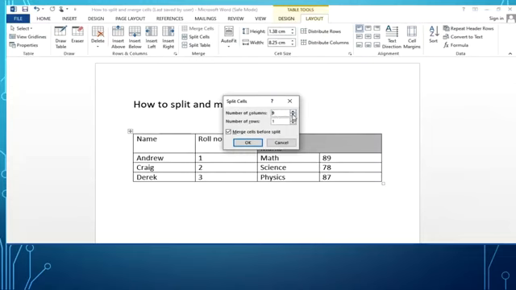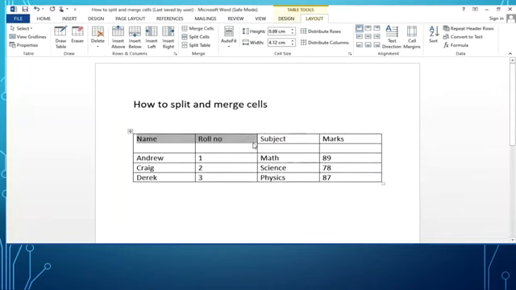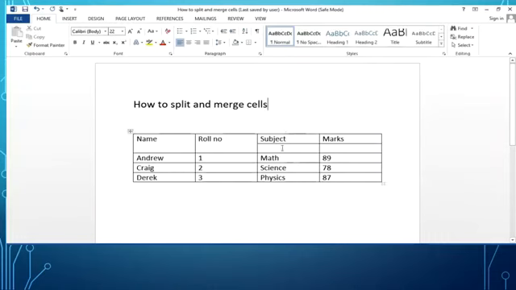You can increase your number. In a similar way, you can select the number of rows into which you want to split it. I am going to select 2 rows and 2 columns. You have to tick this Merge cells before split. Okay. That's how you got 2 columns and 2 rows.